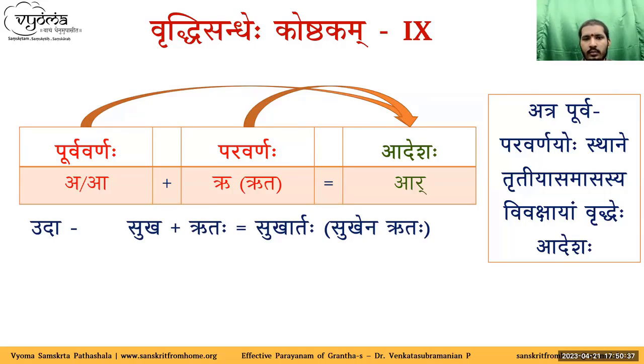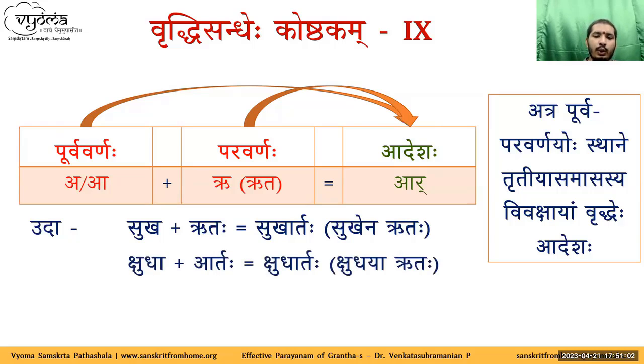So what is the example? Sukha Ritaha becomes Sukhartaha. The split is also given, that is, the Vigraha Vakya. The meaning of the Samasa is given in the parenthesis. Sukhena Ritaha iti Tritiya Tatpurusha Samasaha bhavati. Sukha Ritaha, Sukhartaha. Sorry, this is not Artaha, it is Ritaha.